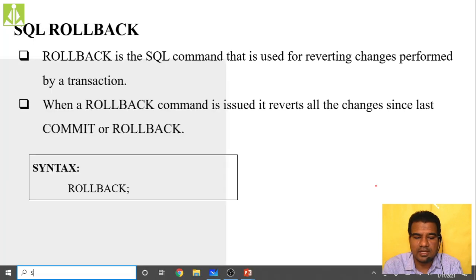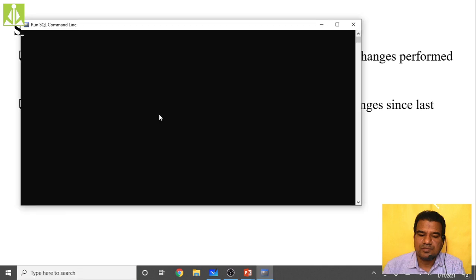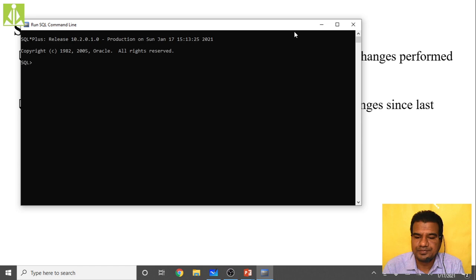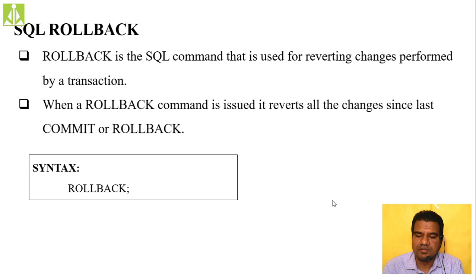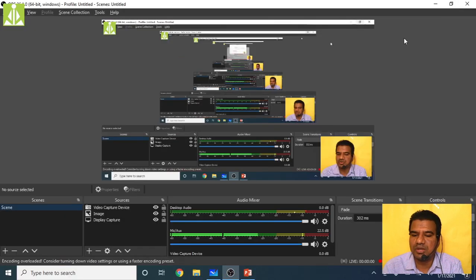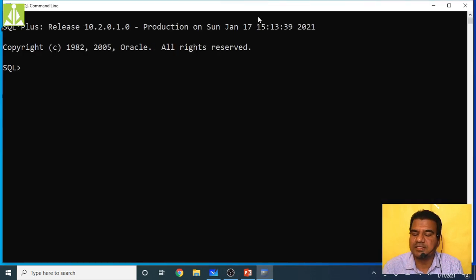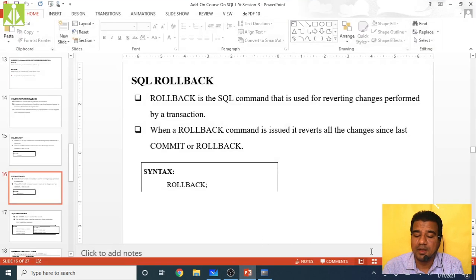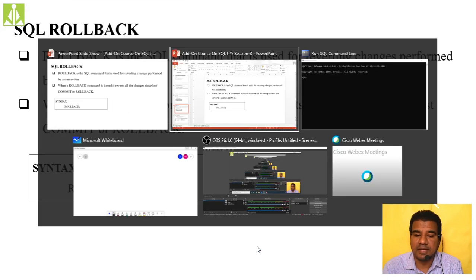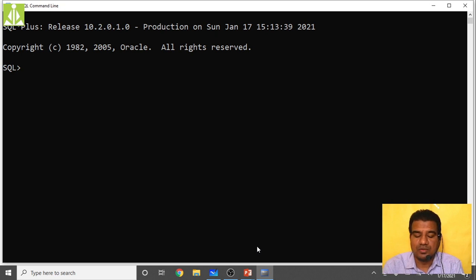Now SQL, run SQL command. It got opened. I have to open it from the desktop, because whatever changes I have done were only done to the desktop version. I open this so that you get a bigger text. Now select star from table employee and hit the enter key. Not connected. We have to connect because the database abruptly got closed.